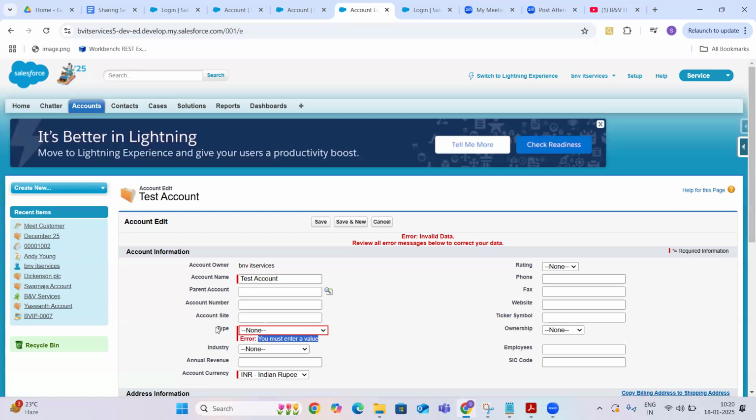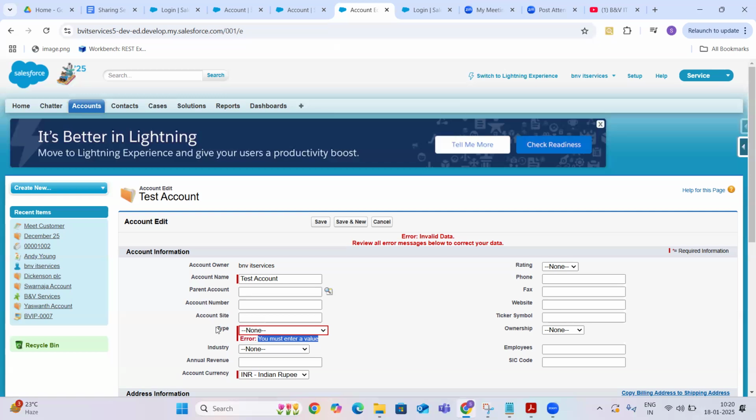But in this situation, I would like to use a single page layout, because I don't want to maintain so many page layouts, since the fields I am seeing are similar for both profiles.